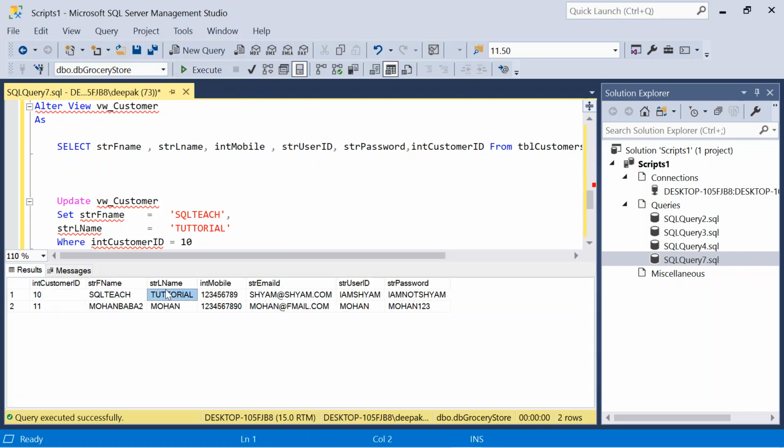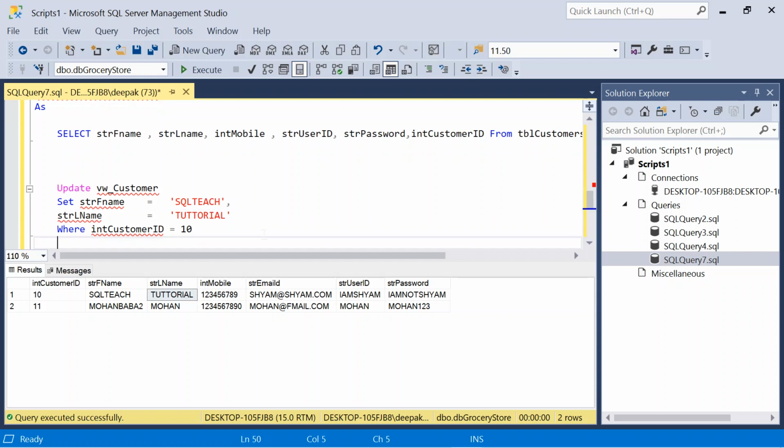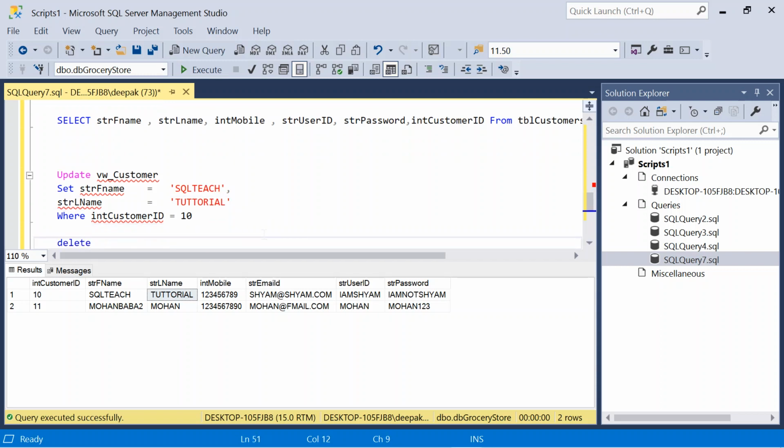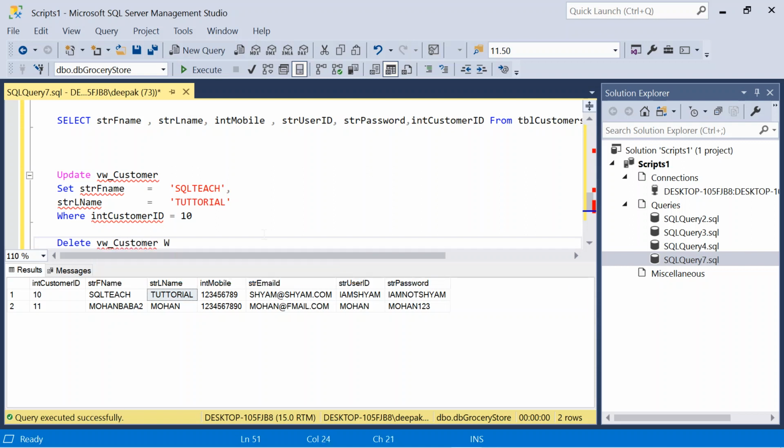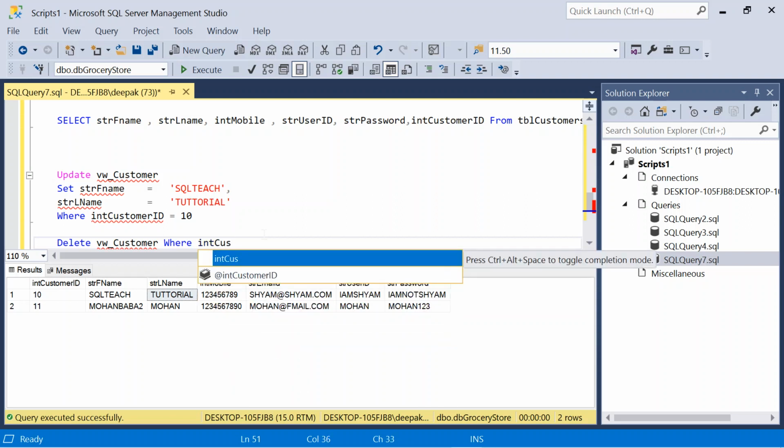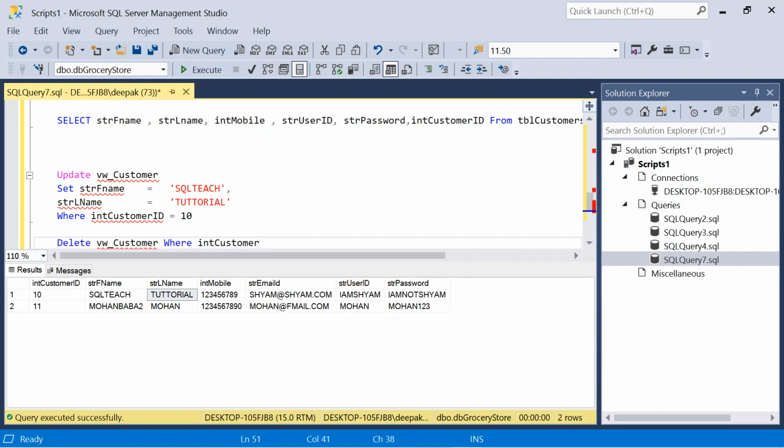It is updated, right? Similarly, we can do the deletion as well using the view. You just need to write the statement like this: delete view underscore customer where int customer ID equal to say 10.